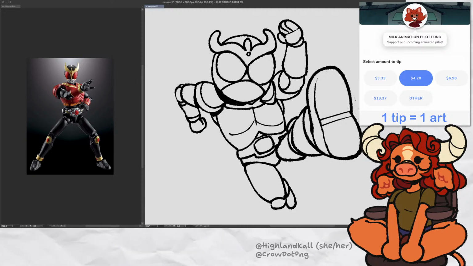And I think that looks pretty good. I'll add some more details when I do the coloring, so let me finish this one line here. Maybe one more thing here. He has some straps on his shoes. Then I'll check the donation page just to make sure I'm not missing anything. And there we go. Let's go in for a little bit more whittling.